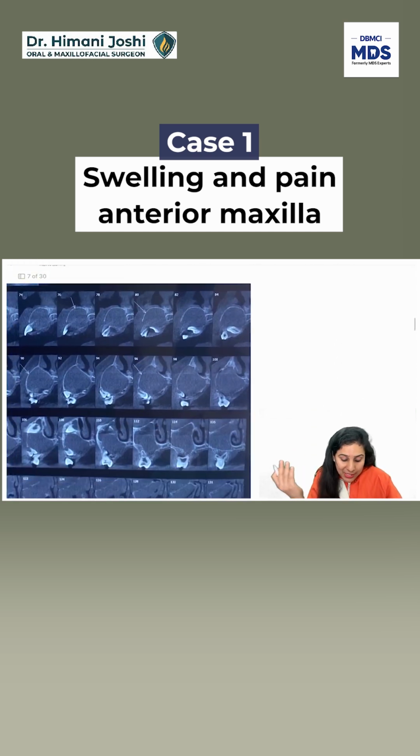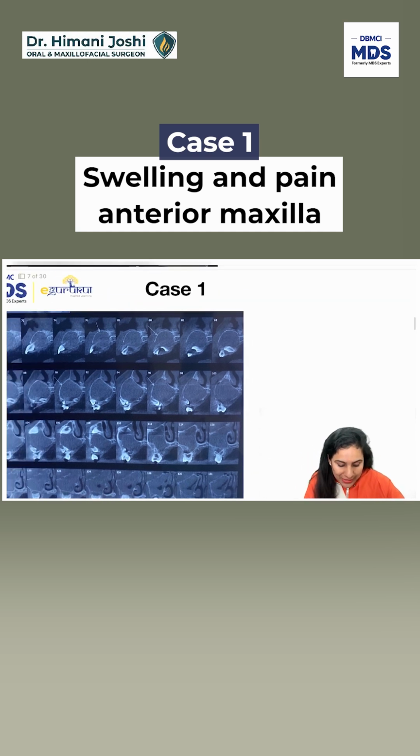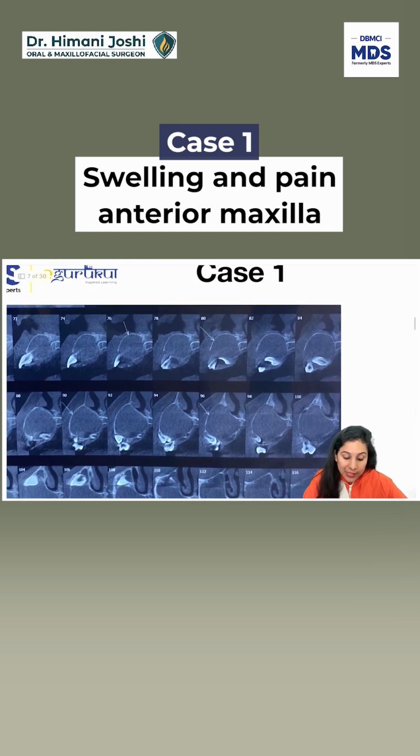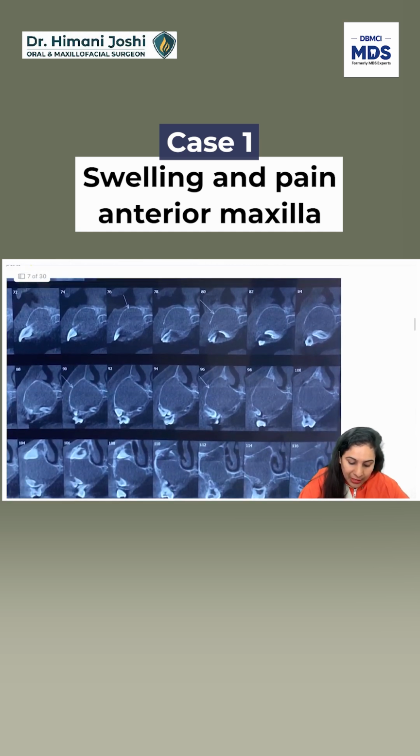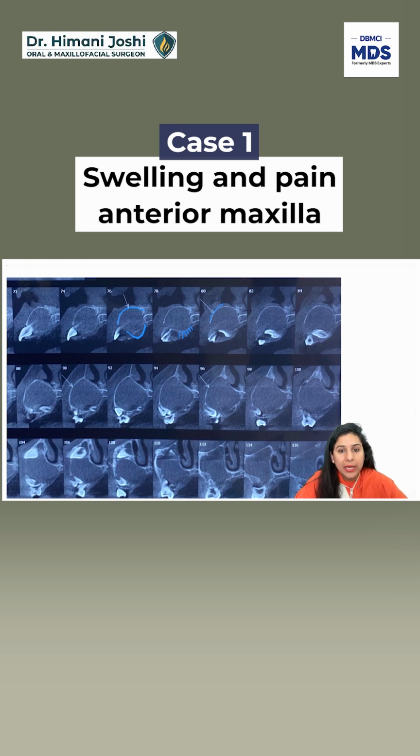Similarly, I take a sagittal section. So the radiologist gives me the look of the pathology in all three planes. You can see that this is a sagittal section, or an antero-posterior section. In this also, I can very nicely appreciate that it is very well corticated. There is some resorption on the palatal side, because there is not much bone seen here, but very well corticated expansion.